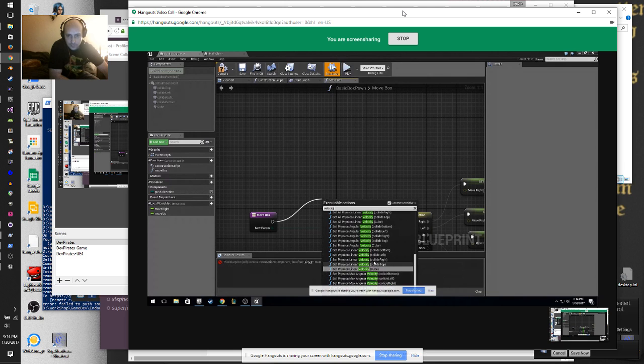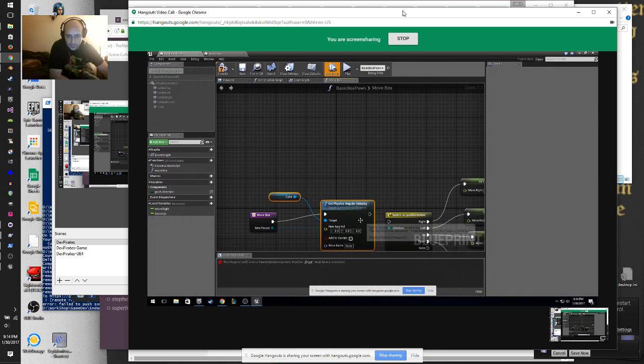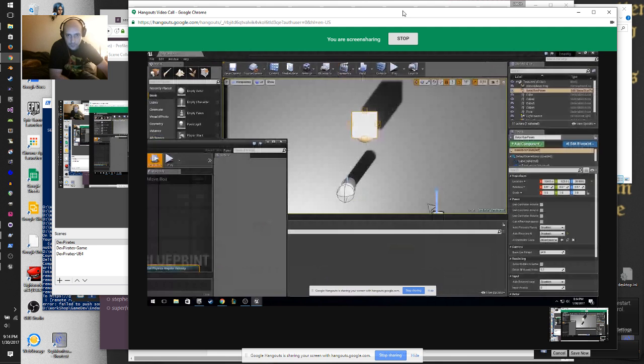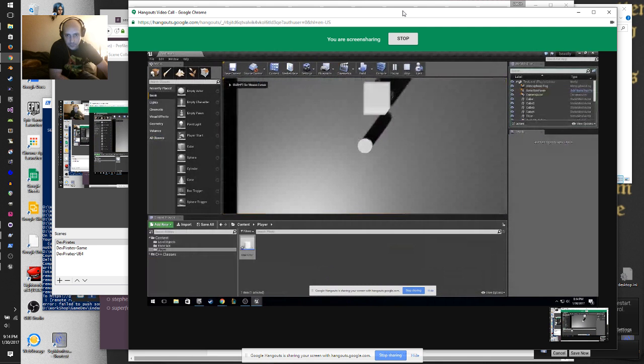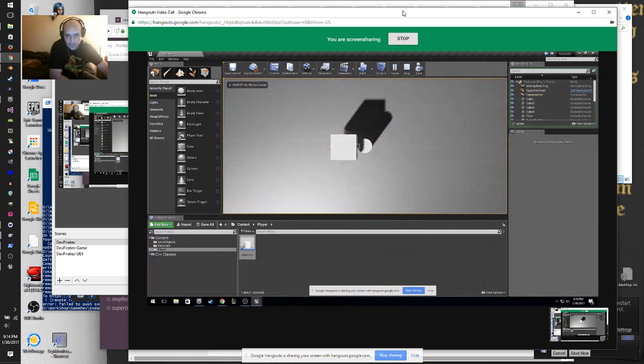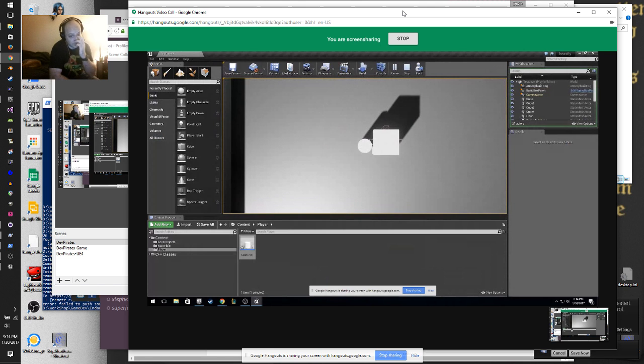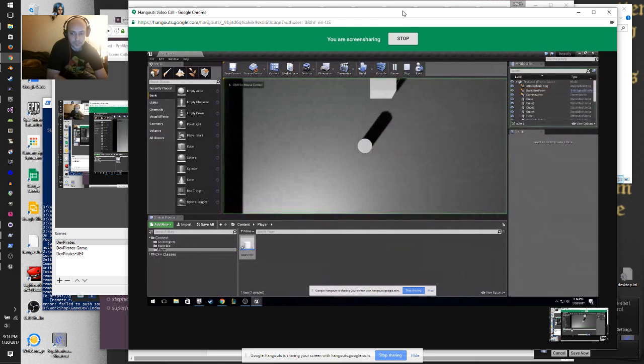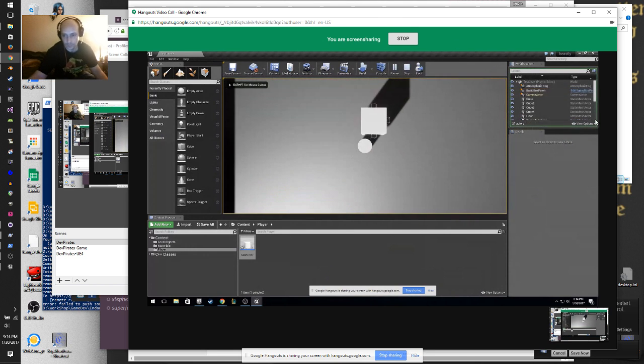All right, let's set angular velocity of cube. Nothing. Yeah, it doesn't want to move.